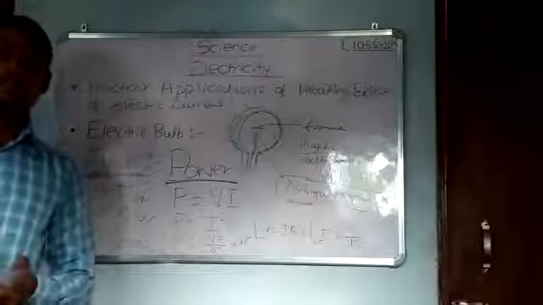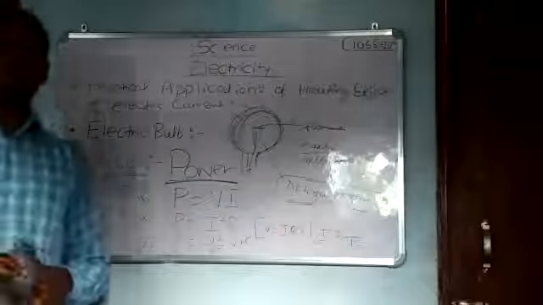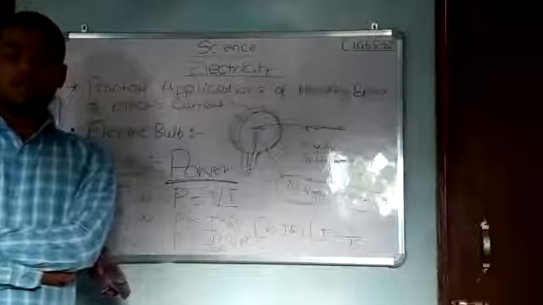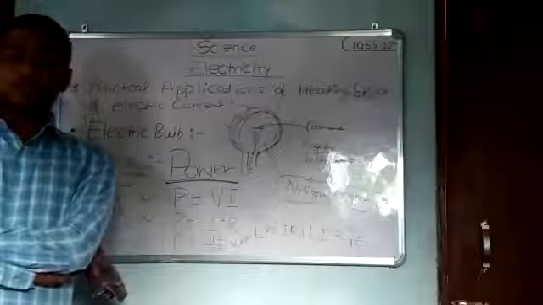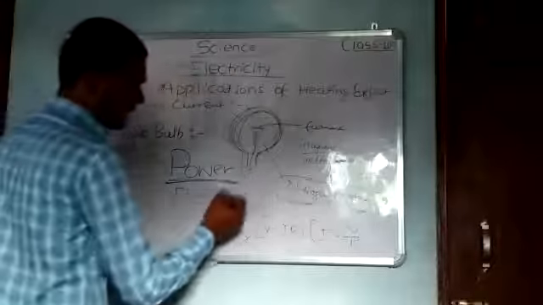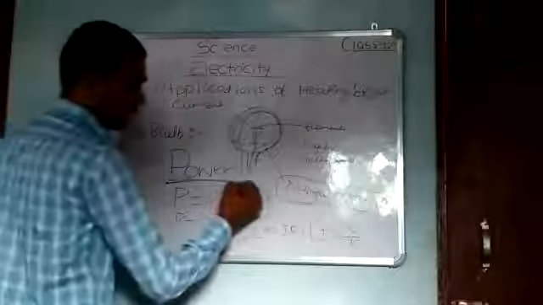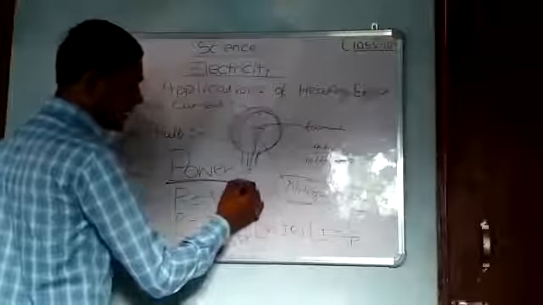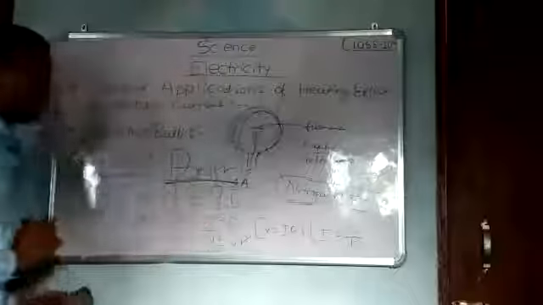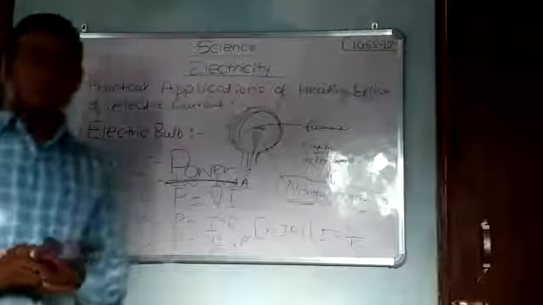Okay, now the SI unit of electric power is watt. It is denoted by W. It is the power consumed by a device whenever it carries 1 ampere of current when the potential difference is 1 volt. So according to this formula, if any device carries a current of 1 ampere, and the potential difference across this device is 1 volt, then we say that 1 watt of power is generated by it.